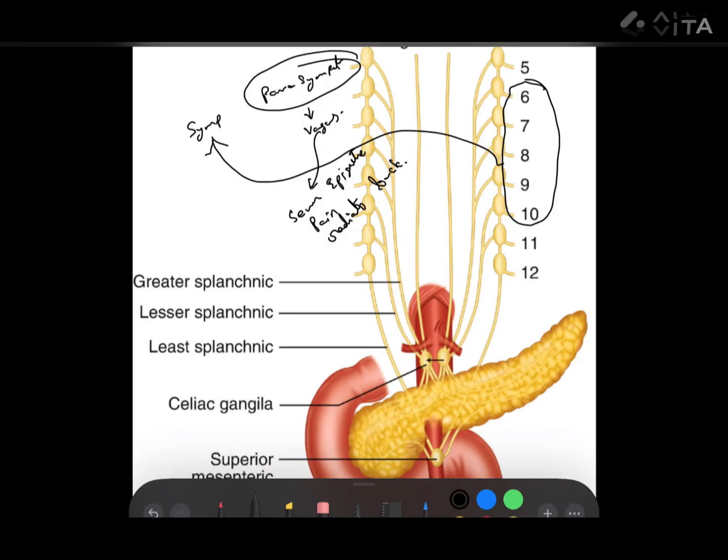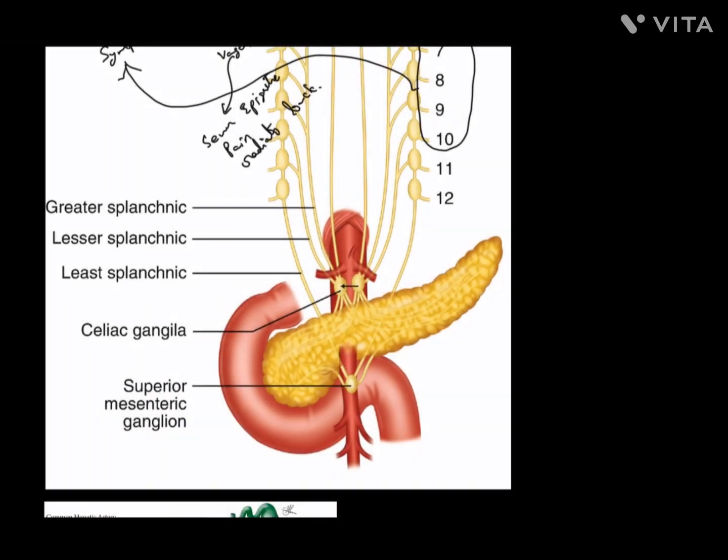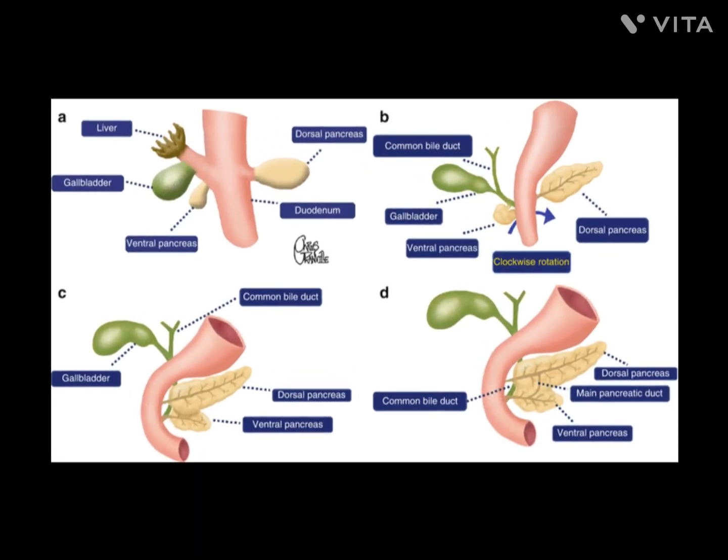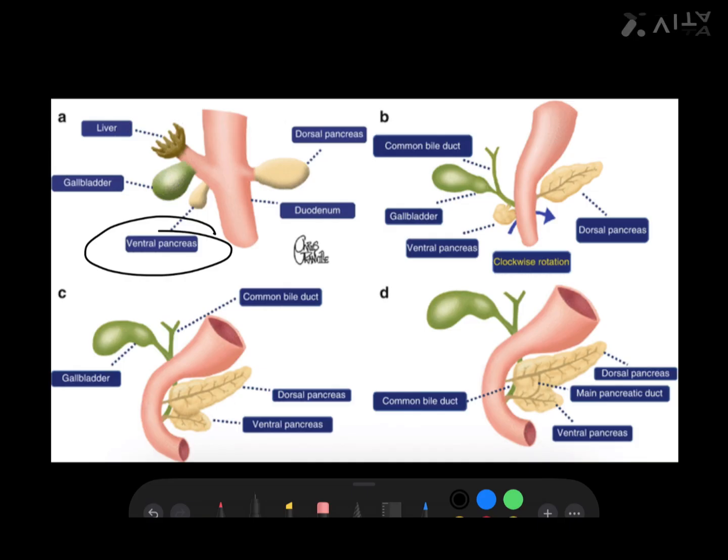Okay, so these are the main things for surgical anatomy. Next we can see a little bit of embryology. Mostly the pancreas develops from two buds: the ventral bud and the dorsal bud. If fusion of the ventral bud and dorsal bud fails, then we call that pancreas divisum. This is one congenital problem and an important cause of recurrent pancreatitis.